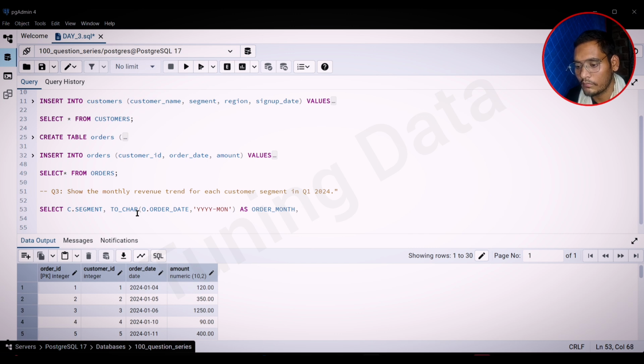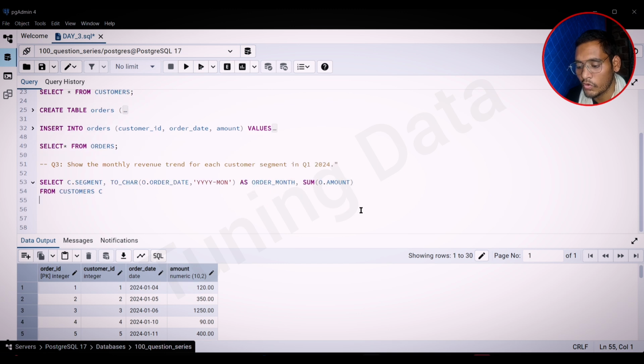Third, we have to show the total revenue. For that purpose we are going to use the aggregate sum function, and we are going to take the amount column from our orders table. So let's take amount. From: the first table that we are going to use is the customers table, as c. Now we are going to use a join to join our orders table with the customers table. So let's write orders